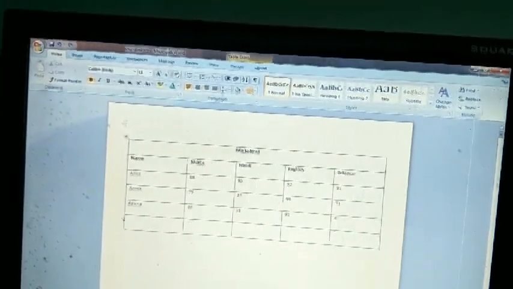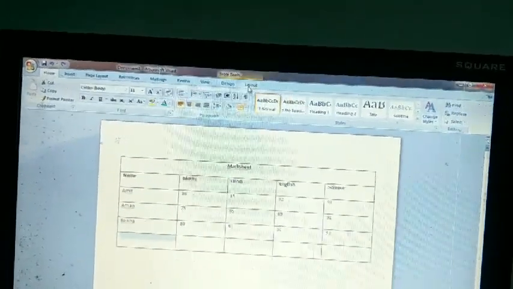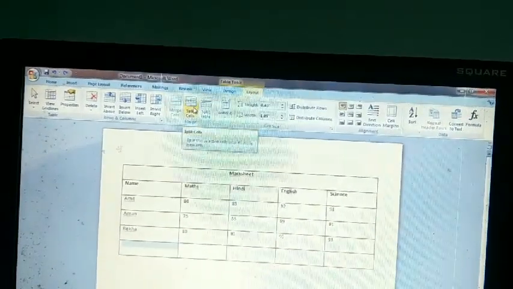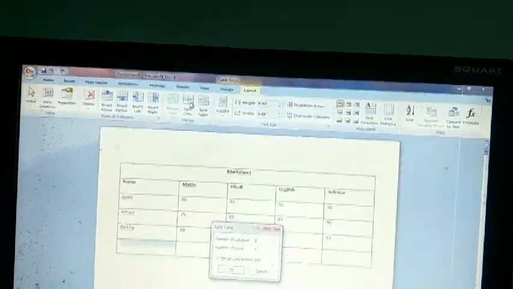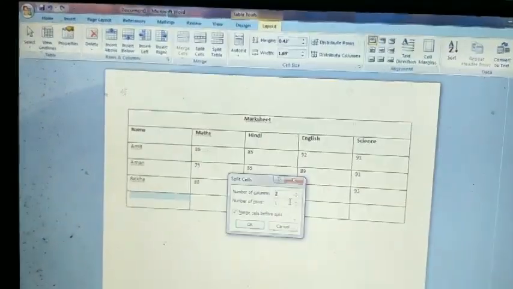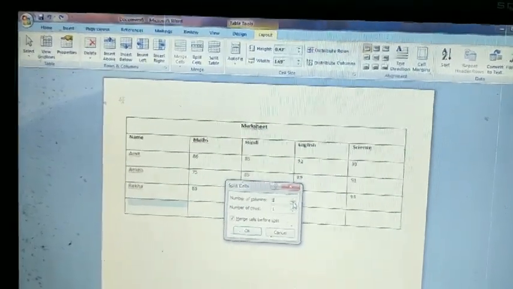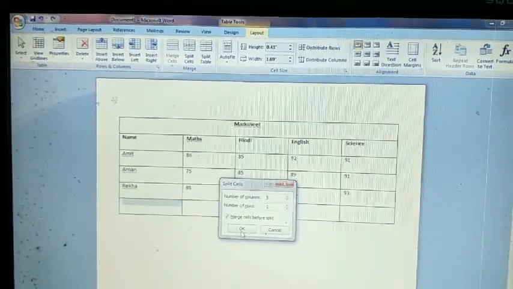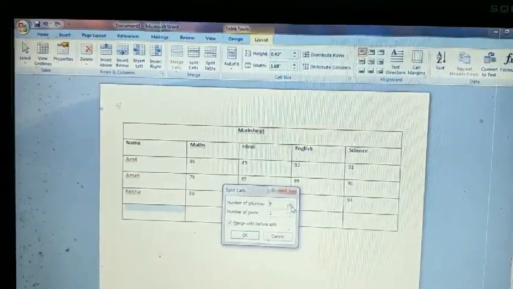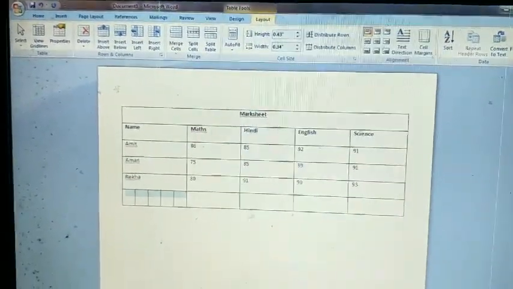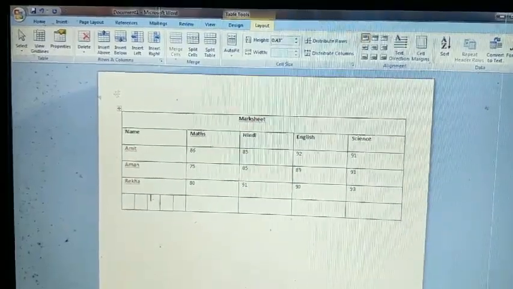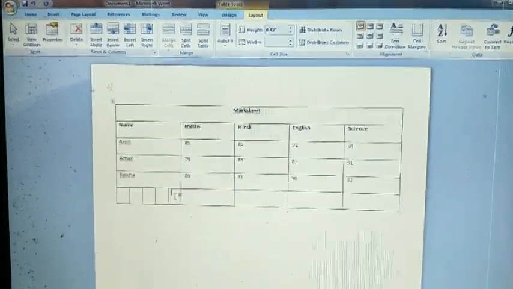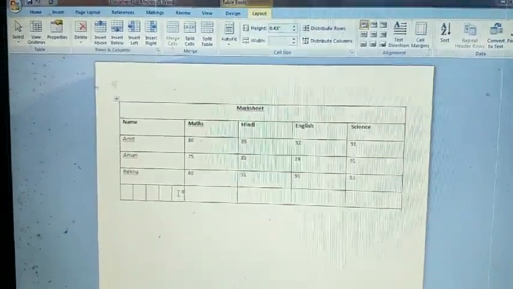Select the cell which you want to split. Okay, after that click on the layout option. Okay, and see the split cell option. Okay, when you click here, then it will ask you how many columns you want to split into. If you write 5 here, then that row will split into 5 columns. Look here, 1 2 3 4 5. Okay, so in this way you can split a single cell into multiple cells. Okay, now your topic is completed.